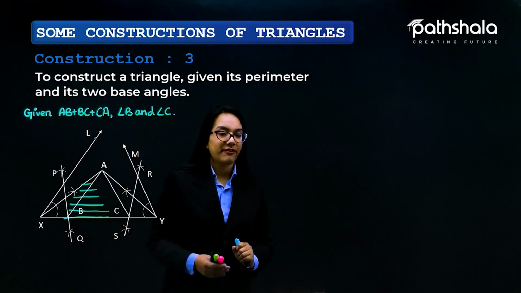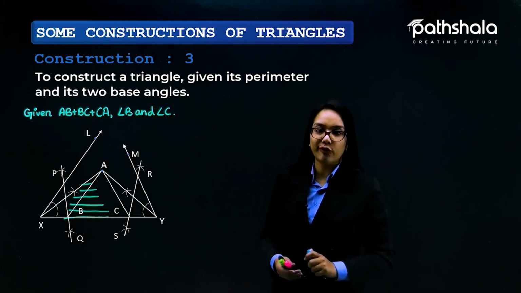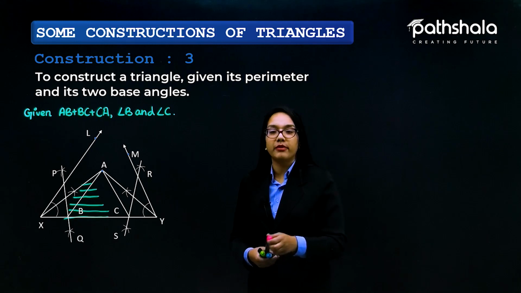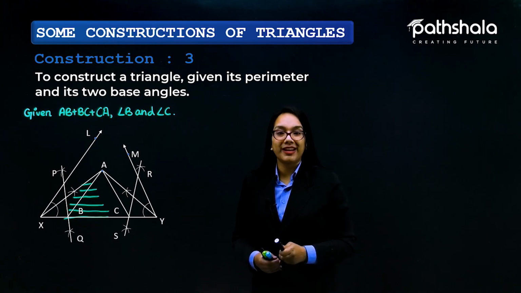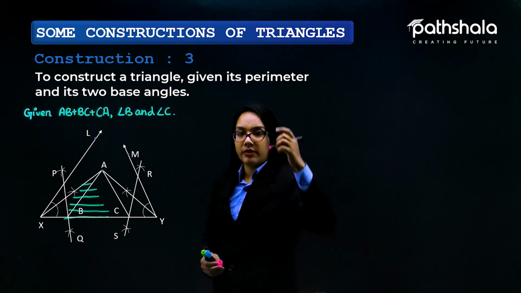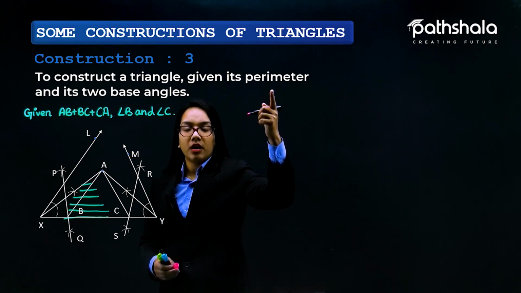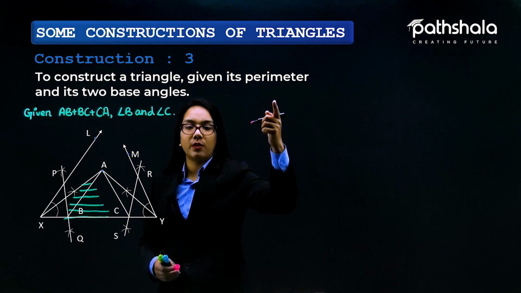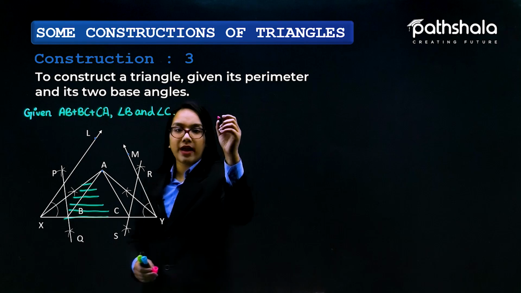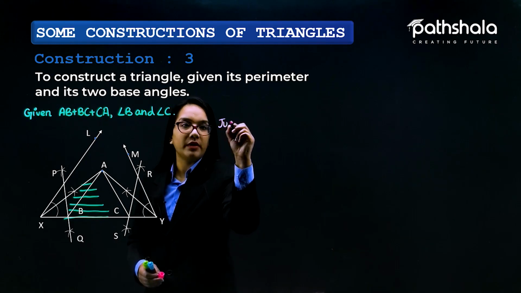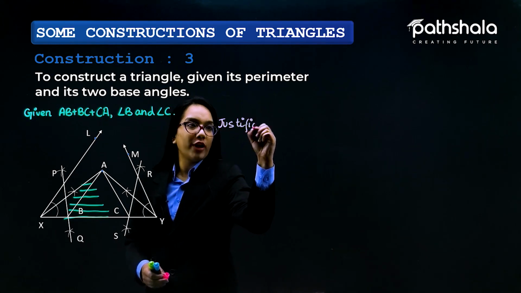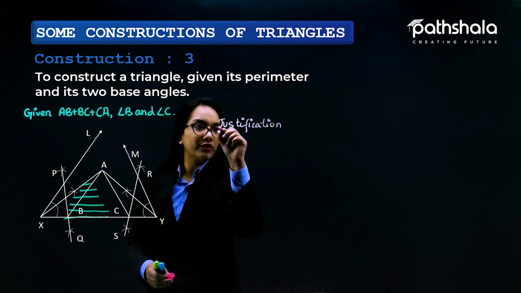Now let's just justify its construction. So first of all, we have been given its perimeter. Now let us suppose I have to justify how XY comes out to be equal to AB plus BC plus CA. First of all, let us suppose I am writing out the justification for the construction of this particular